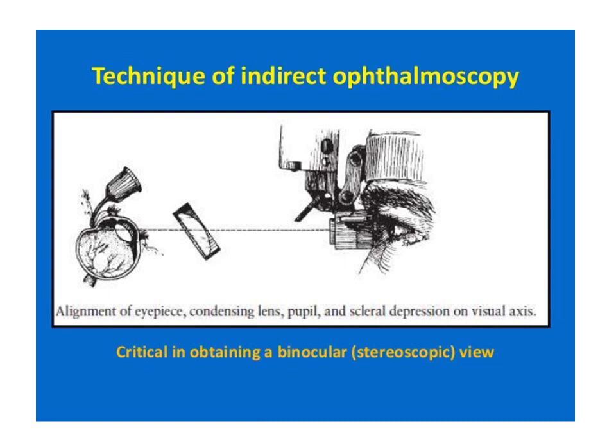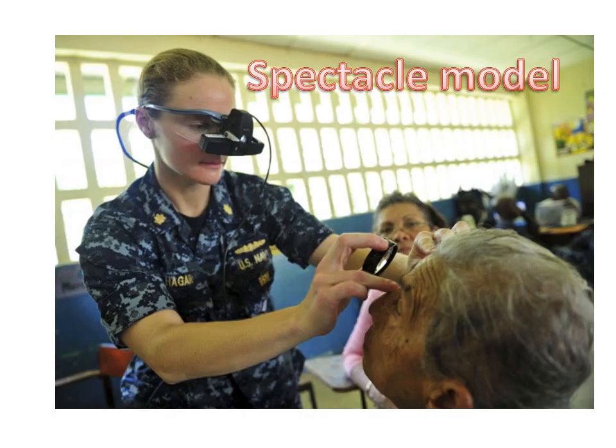This is the optics of seeing the peripheral part of the retina, or the anterior most part of the retina, with the binocular indirect ophthalmoscope and the condensing lens. You can bring that particular part into view by pushing it towards the pupillary area. This is how you are going to do